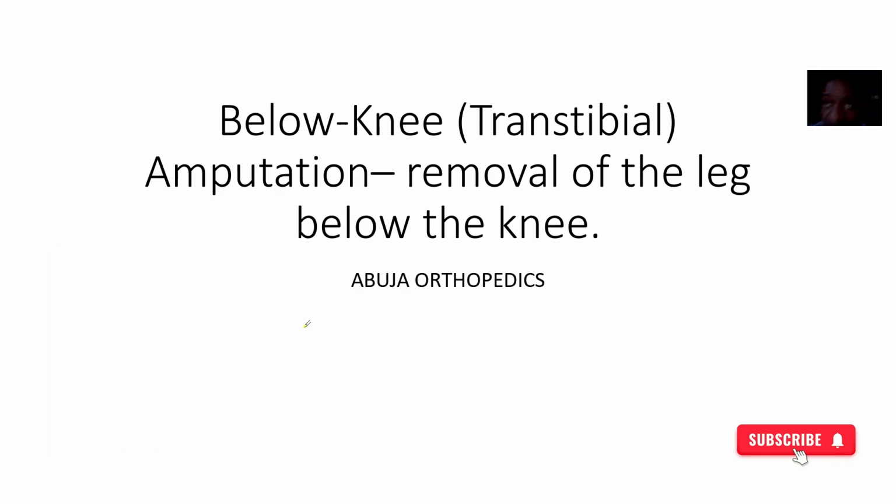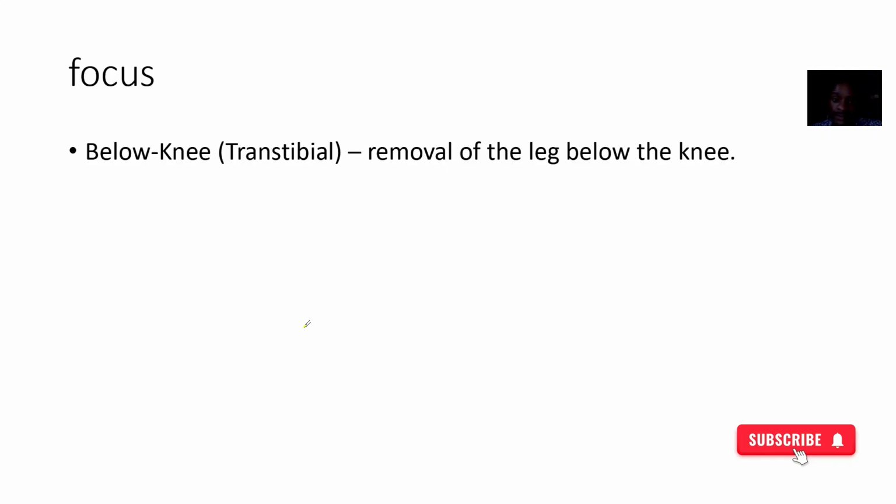Now, trying to look at another type of amputation, and this is an amputation that is actually through the tibial bone, and they call this the transtibial amputation. Okay, so I try to cut the leg, and this is like through the tibia. Okay, that's below the knee. So let's look at it and also look at reasons why,